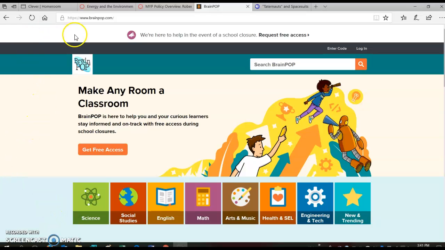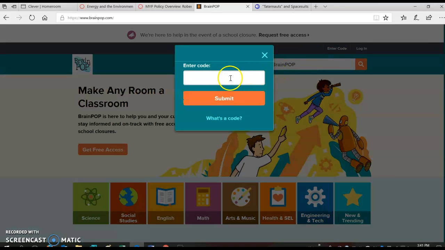So the first thing you're going to do is go to brainpop.com. This website will also work on your phones. Once you get to the website, your screen will look like this, and you're going to enter in our class code, which is Cork 7619. So then you hit submit,